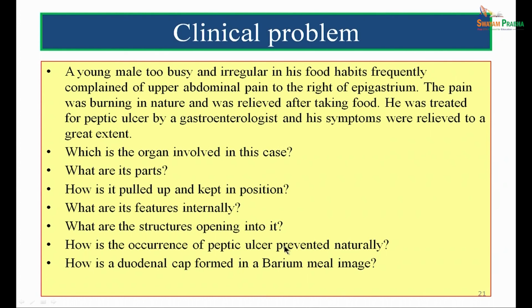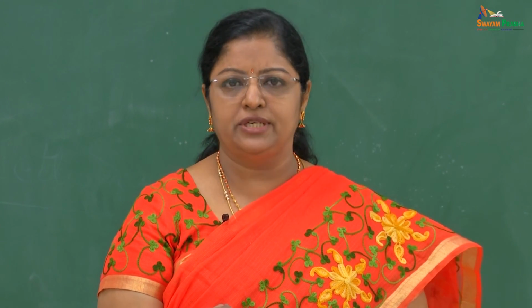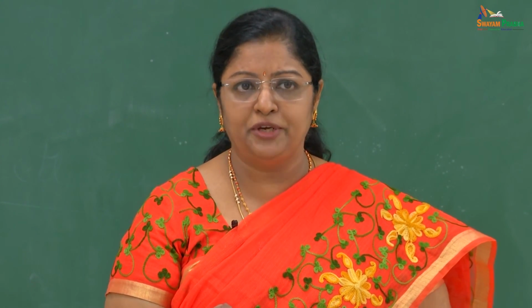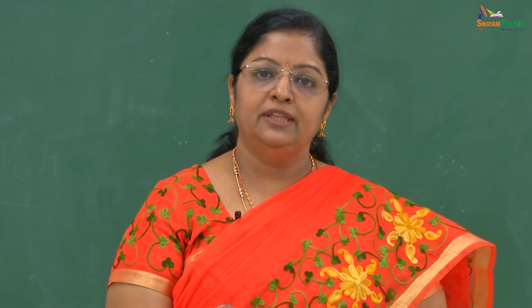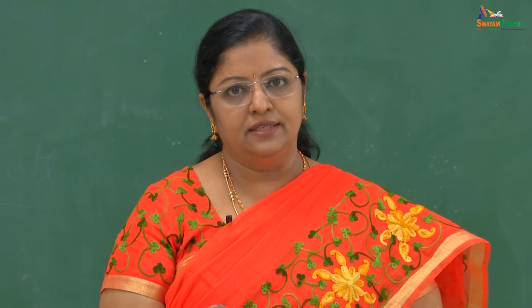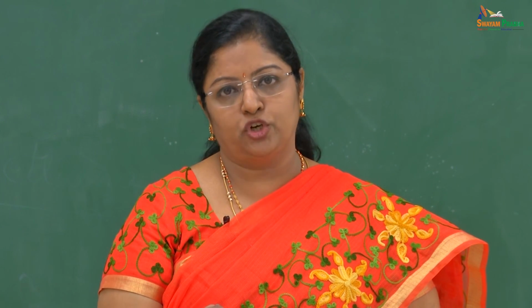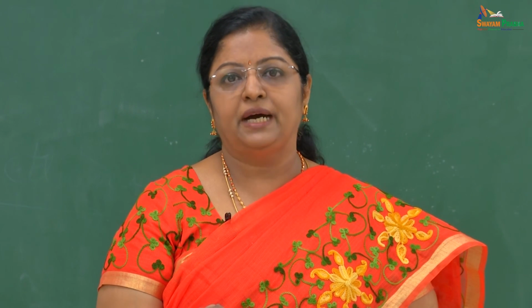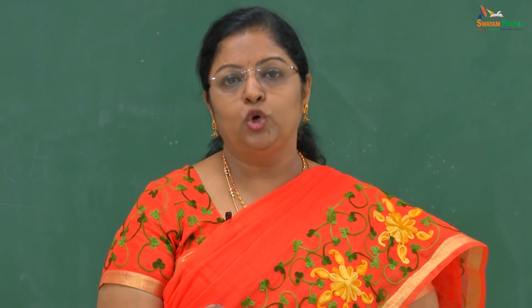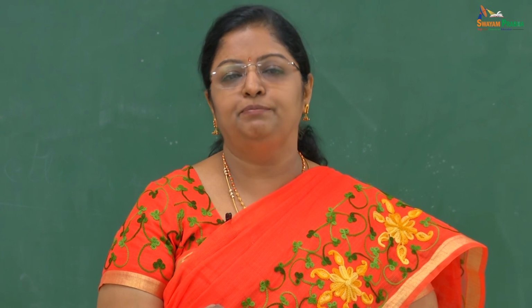How is the occurrence of peptic ulcer prevented naturally? That's a nice question to answer. Peptic ulcers are formed by increased acid secretion and irregular food habits and stress. There are so many factors leading to the formation of peptic ulcers. But naturally, there is a God-given mechanism to prevent the formation of peptic ulcers. The duodenum, which always receives acidic contents from the stomach, naturally itself has a mechanism to prevent the formation of duodenal ulcers. This is by the secretion given by the submucosal glands of Brunner seen in the submucosa of the